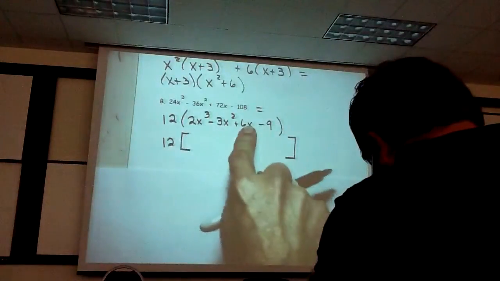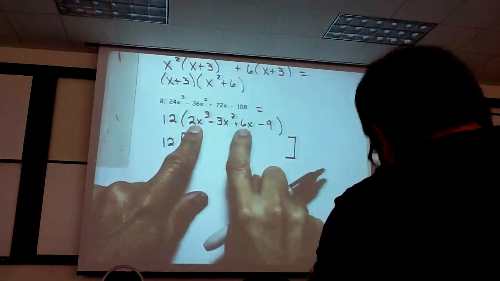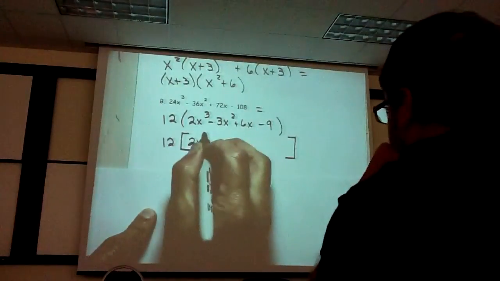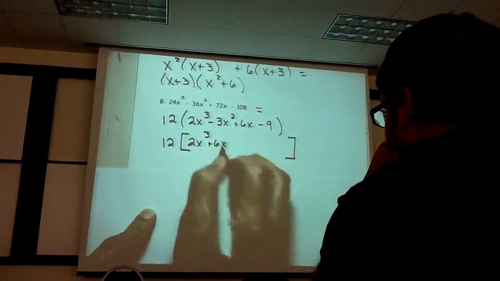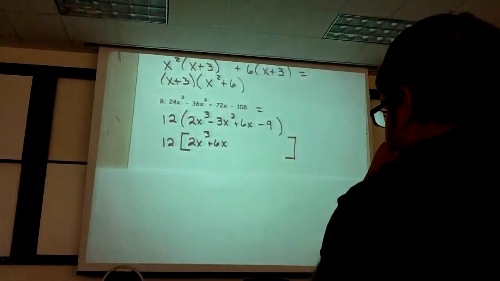So, let's group, we're going to put 2x cubed plus 6x, we see they've got some stuff in common. And we're going to put